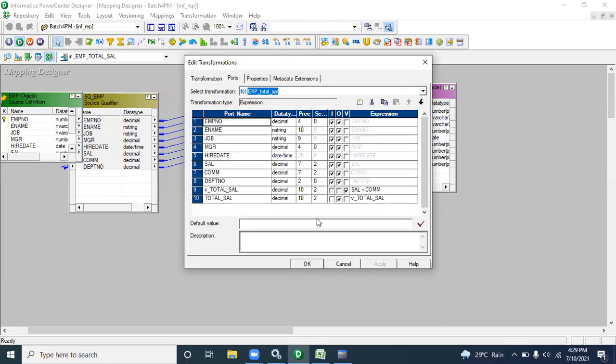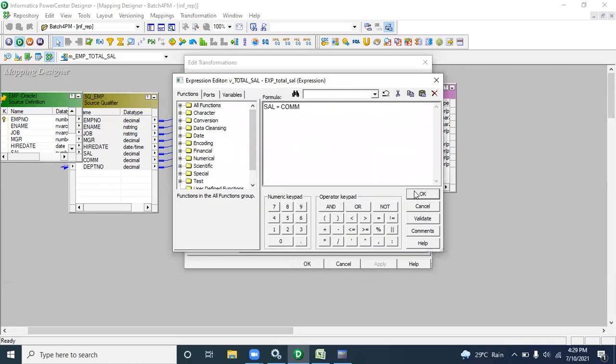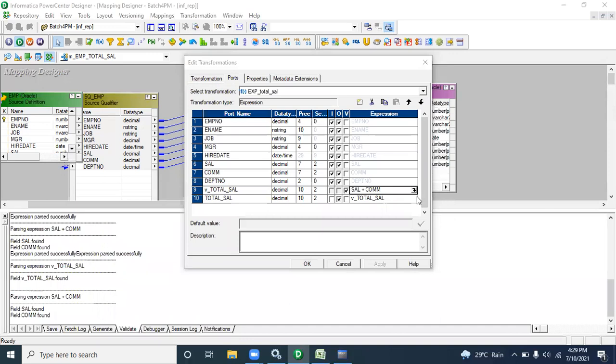No, the explanation is good. Just at the last part, how did you assign the value of V total sal to the output? Can you repeat that? How is it creating the logic in V total sal? Is it understandable? Yes, yes.